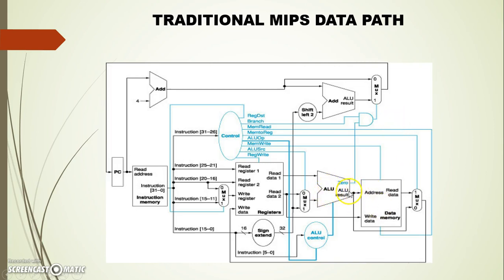If it's a load or store word instruction, the ALU result will be an address in the data memory, and the data memory will give the contents of that particular location to the mux, which will be written back to the register. Now the mux here is our write back stage, and this memory block is our memory stage. The mux decides which data has to be written back to the register based on the control signal mem2reg issued by the control logic.